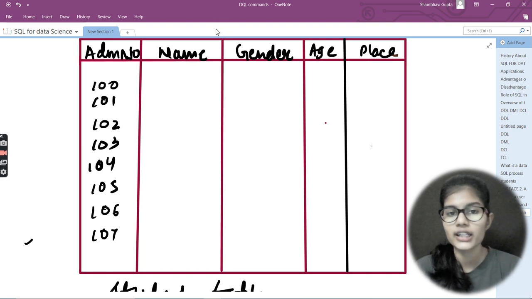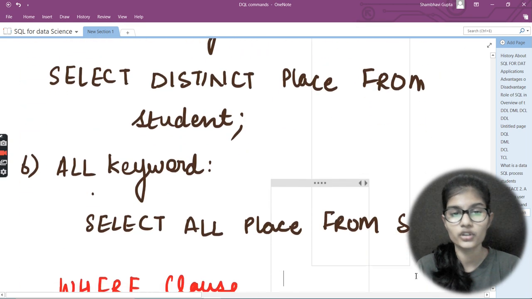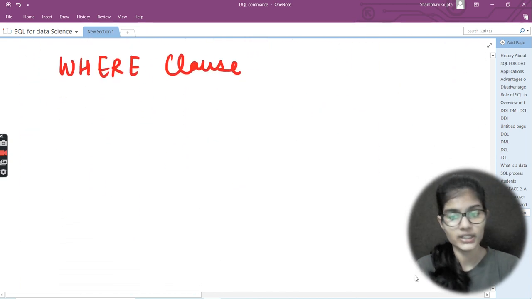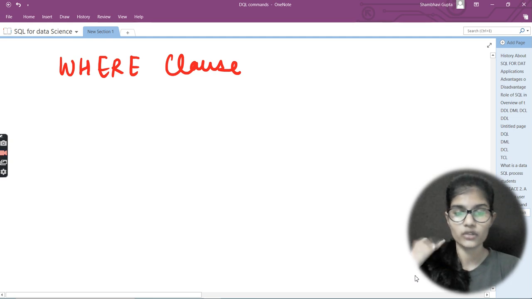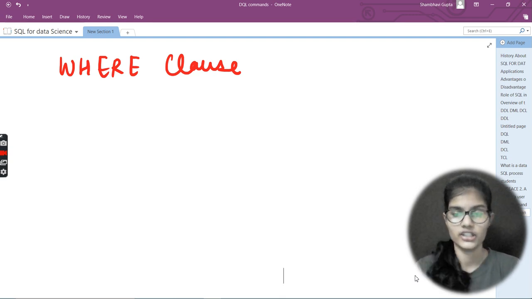In that case, you will use the WHERE clause. So WHERE is one of the clauses which helps you put certain conditions according to your requirement, on whatever data you want from your data set.